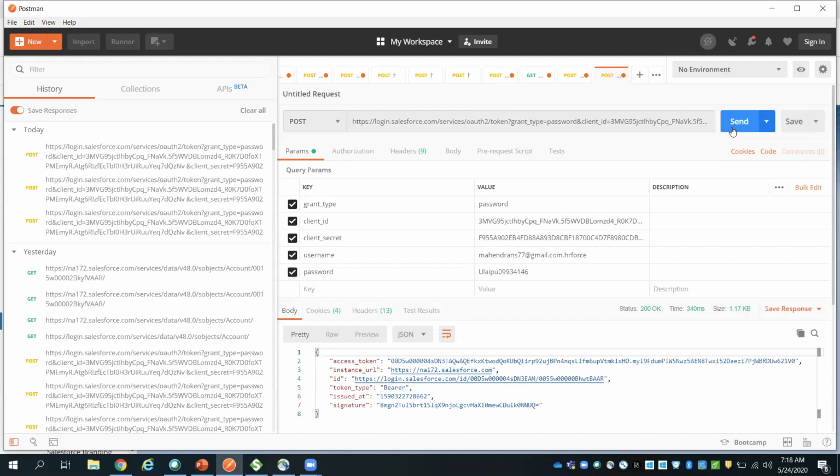So I just put the right authenticator code that will be generated in my mobile, if you use two-factor authentication after the password, that you wanted to put as a suffix. So I got the access token. This is how you will post using this URL. Basically, you wanted to pass the different parameters like client ID, client secret, username, and password, and you will get this access token. So let me copy this access token and put it in a notepad.